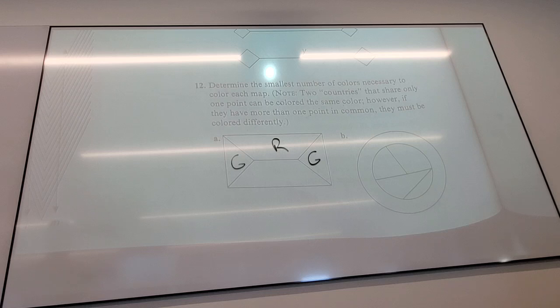So again, if all I needed to do was have each region different, no two regions next to each other can be the same color, I could make them all different colors. But then they threw in the smallest number, yes? If I want to make the smallest number of colors, then some of them have to be the same color, so I minimize the number of colors I need. So then I can start with who's allowed to be the same color. That's a good starting point. And then you work out from that, just like we did with parties. So I'm going to let you guys do